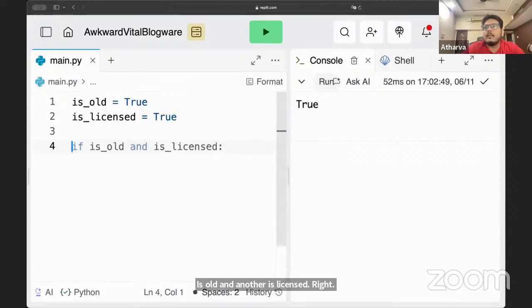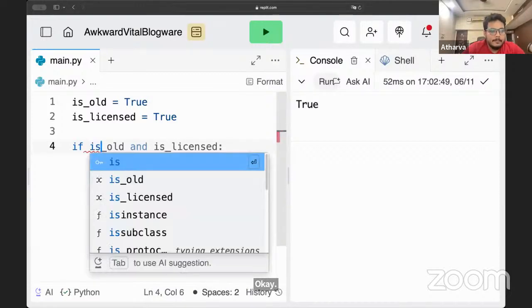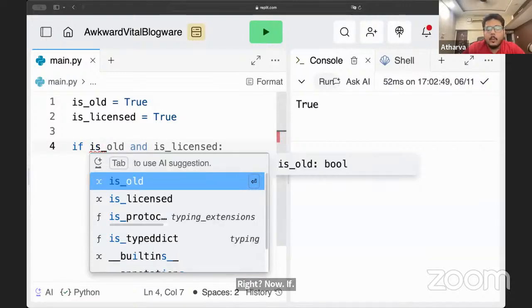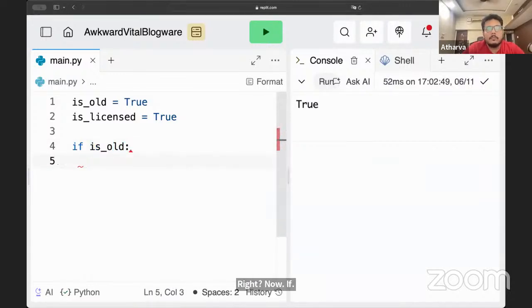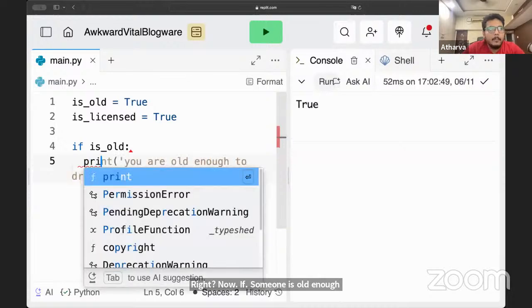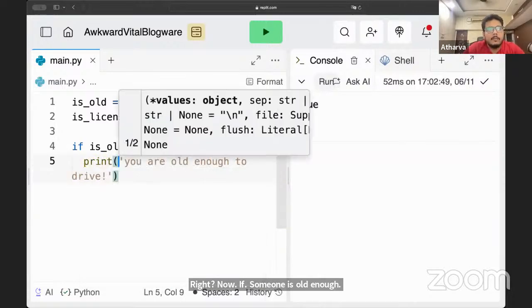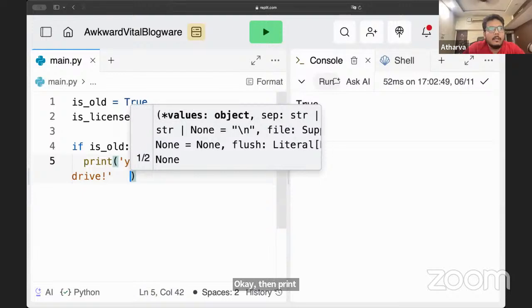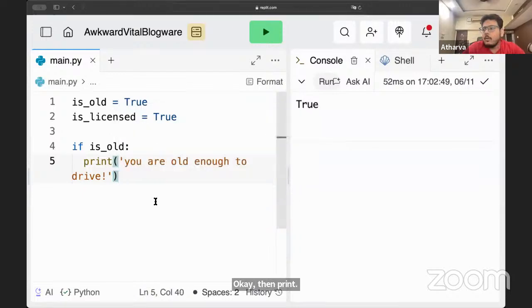Now if someone is old enough, then print, you're old enough.